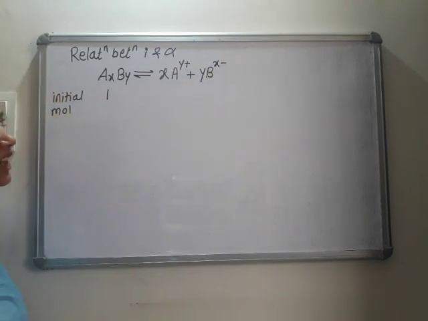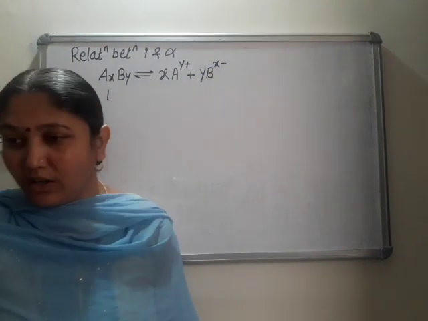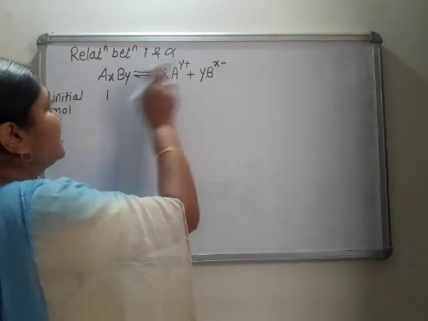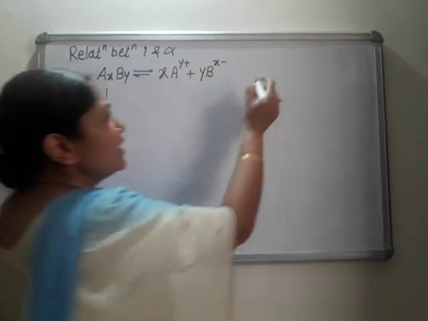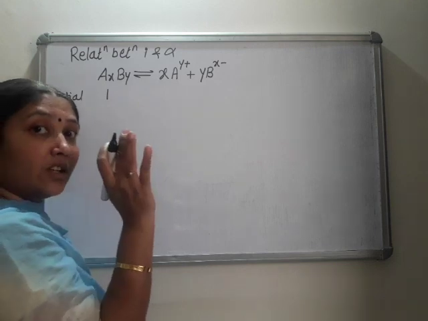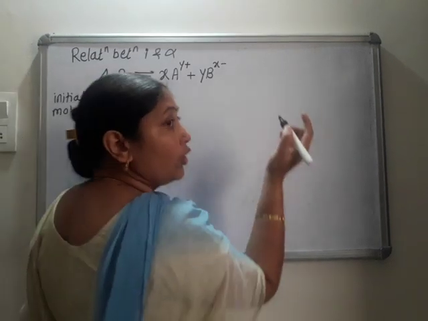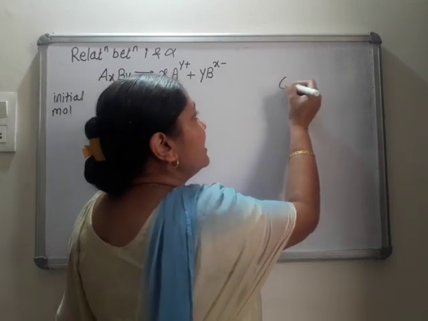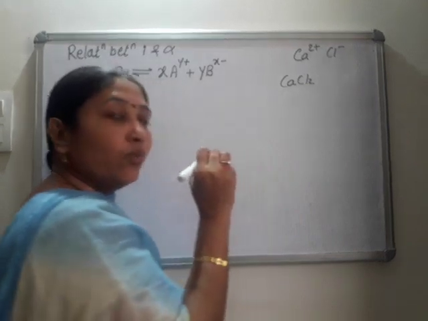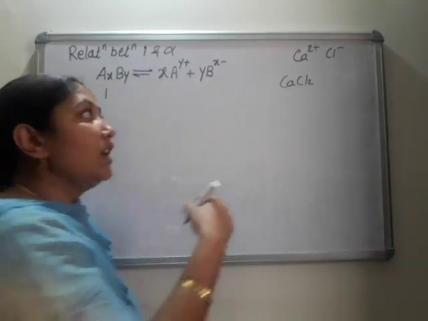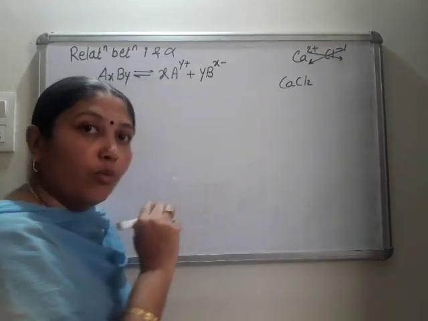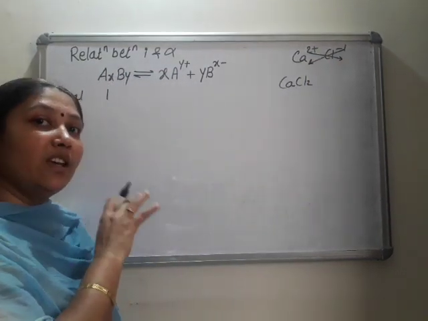Instead of X, they have taken that value as Z. Doesn't matter. In your textbook, yes, they have taken that value as Z. Doesn't matter, but it should be X. Because, see, I told you, those who were there from the very first lecture, the introductory lecture of 11th standard, I taught how to write a formula. Say CaCl2. So Ca is always plus 2 and Cl is always minus 1. We invert these numbers. We write this 1 at the bottom of Ca and this 2 at the bottom of Cl, and hence we get the formula CaCl2.